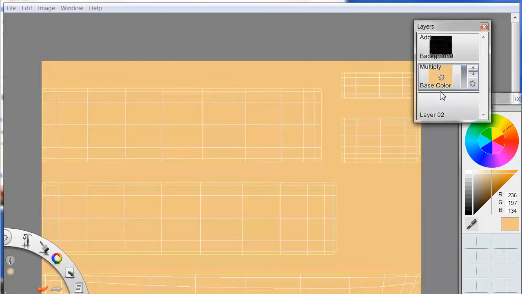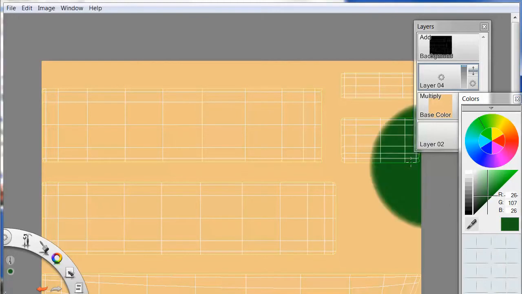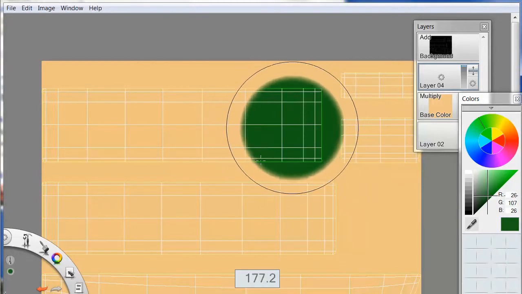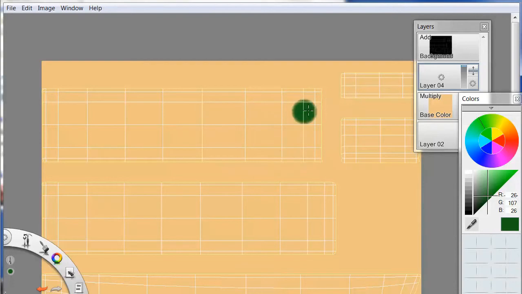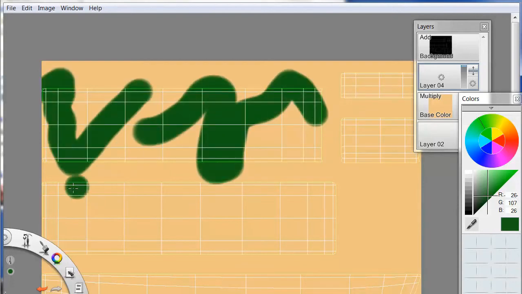So now I need to create another layer, and I'm going to be painting maybe the green color on that. So I'll just come up here and choose a nice kind of deep green color, and then lower my,